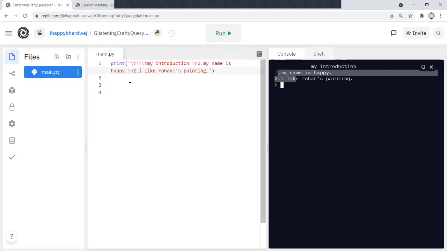Okay, and now next is variables in Python. In your house, if you want to store something, you use boxes, like in the kitchen to store spices, right? Boxes of different sizes in the house store different items, like you use an almirah to store clothes. Similarly here in Python, if you want to store something, we have variables. You can treat these variables as boxes in your house.